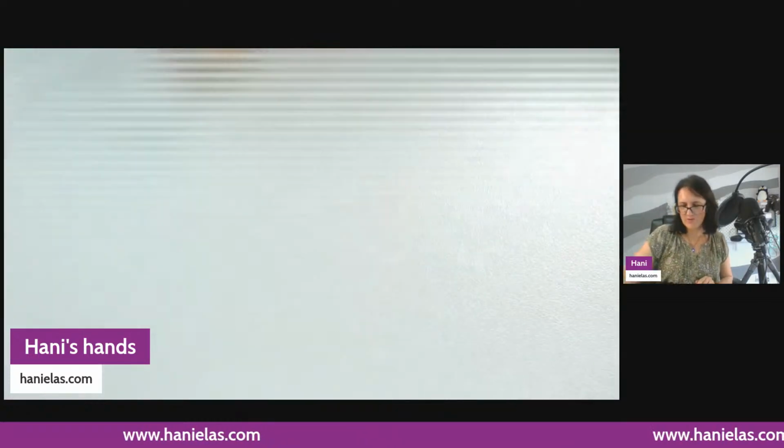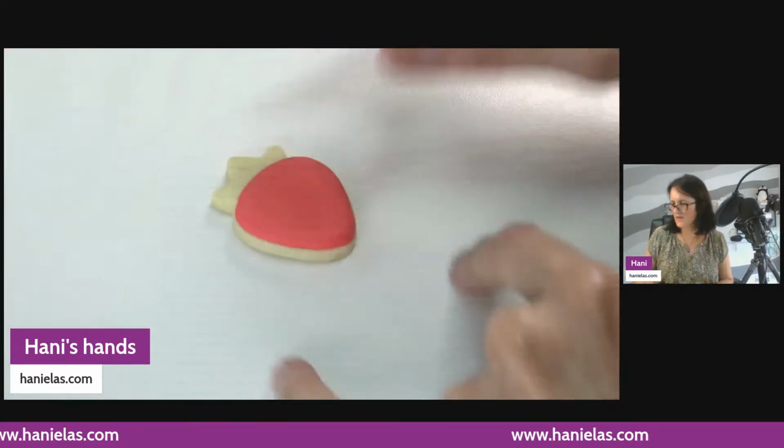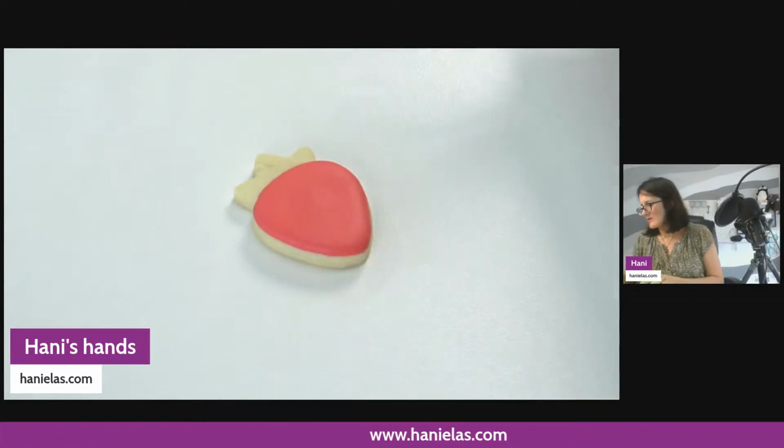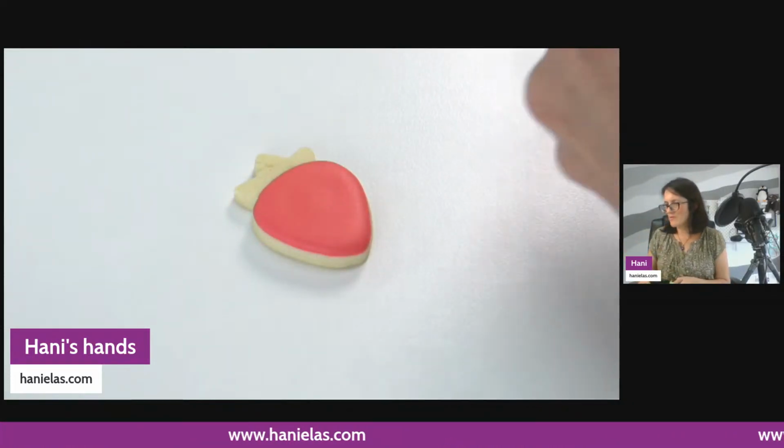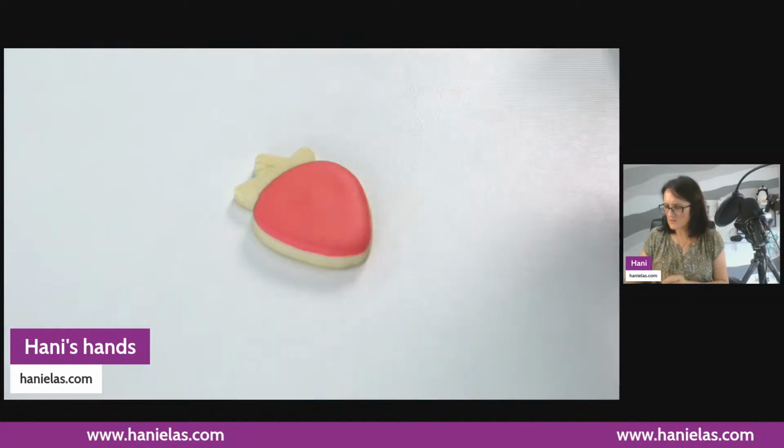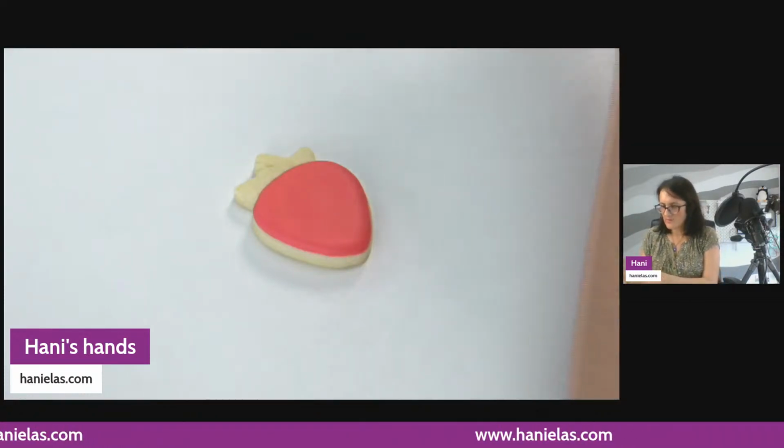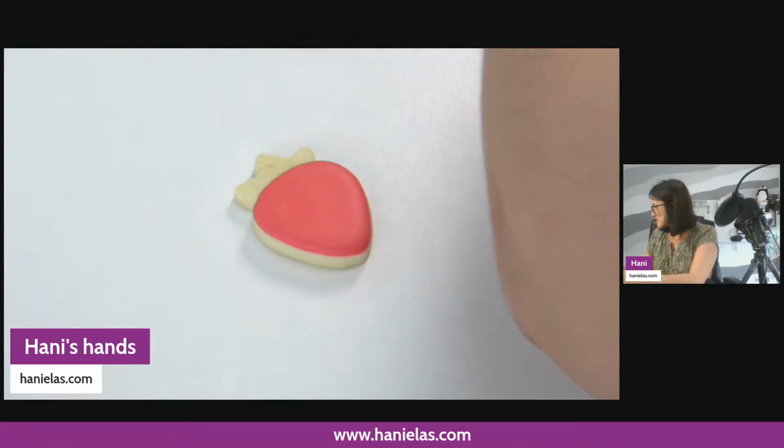And I've got some dry ones here already made up. So now we're gonna be doing some leaf piping. If you remember, I don't know if it was last week or week before, we did some special leaves